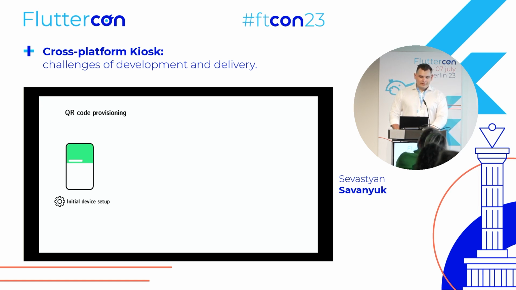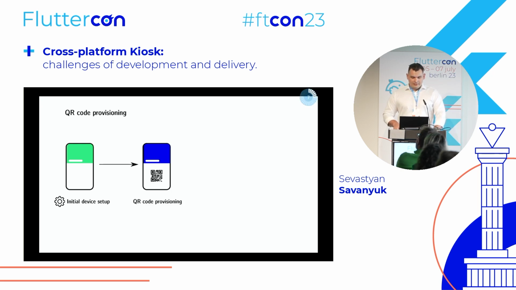You buy a brand new device, or you do a factory reset on your device. You're greeted with the welcome screen. You can, of course, choose the language, but then you need to initiate the QR code provisioning procedure. And the way it's done, you just press, I think, 6 or 12 times in the same area of the screen. And it initiates a special setup wizard that